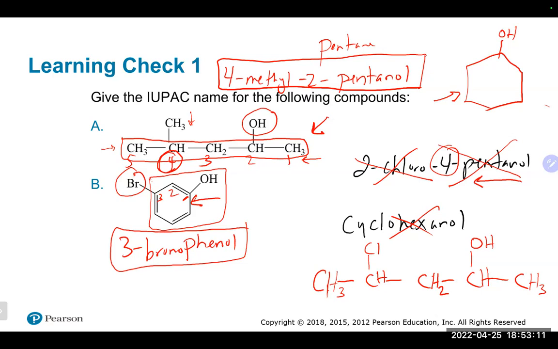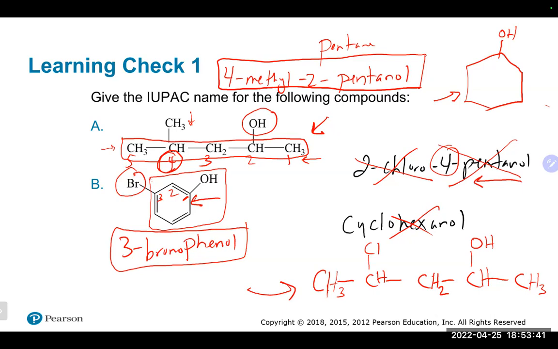Yeah, it actually should be that. That should be the right way. Sometimes what happens when you're asked to draw the structure from the name is that after you draw it, you look at it and go, I wouldn't name it that way. You're right, because technically speaking, the OH group should have the smaller number. If you were given the structure on the bottom, what you said there is how you would name it: 4-chloro-2-pentanol. But sometimes that happens when you're given the name and you draw it, and it's not really correct in terms of the rules of naming it.